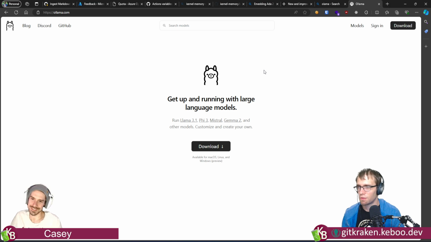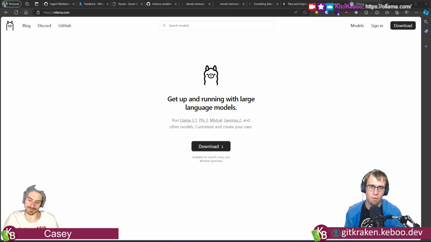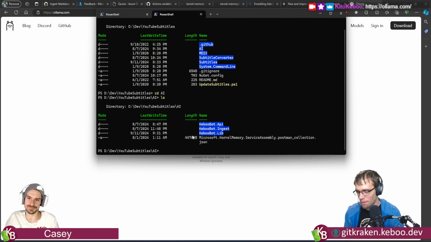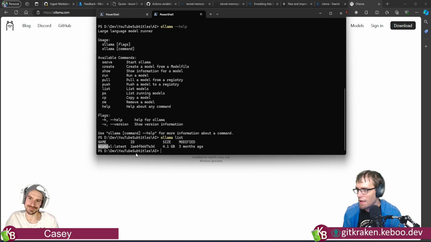I love my Ollama. So if you want to run any of this stuff locally, this, in my opinion, makes running this stuff locally as dirt simple as it possibly can get. You install Ollama. Then on a terminal, you type in ollama. And you see what I've got. I want to list. I only have a Mistral model pulled down,